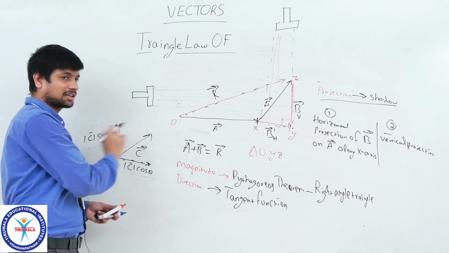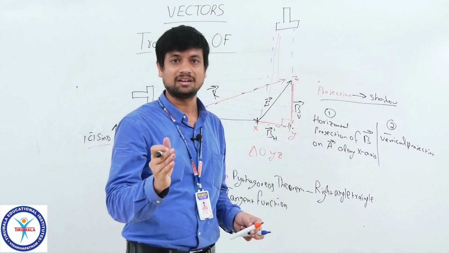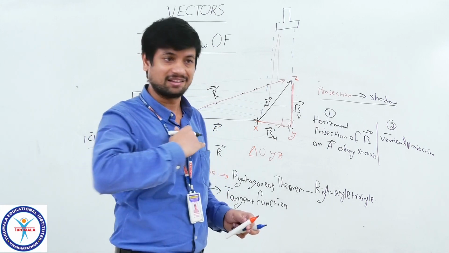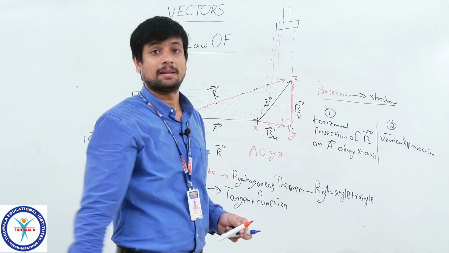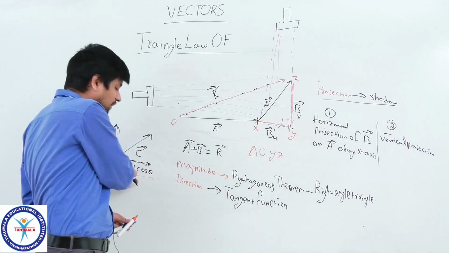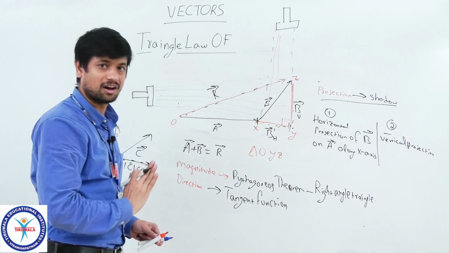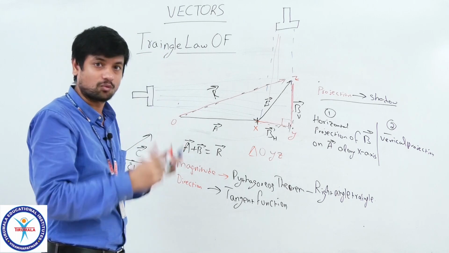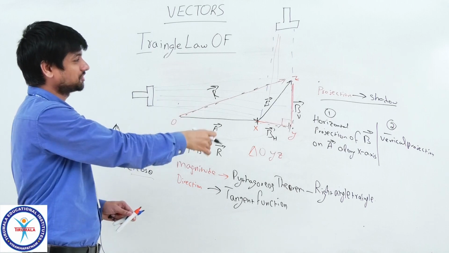So every vector, even if it has different orientations, you just make it according to our reference frame, either parallel, horizontal component, or vertical, perpendicular component. Okay, because we will see all the phenomena either parallel or perpendicular, either horizontal or vertical. So that's why for our requirement, we are making it in this way. So that's why I use the words projection and shadow.